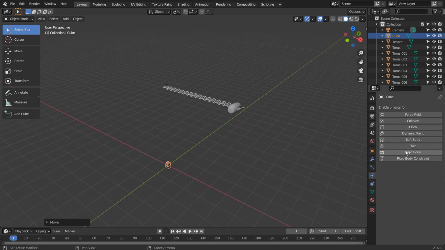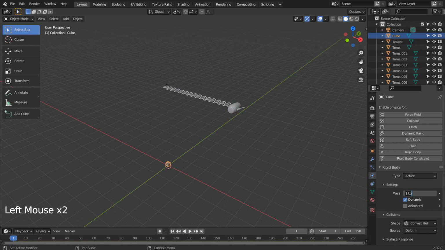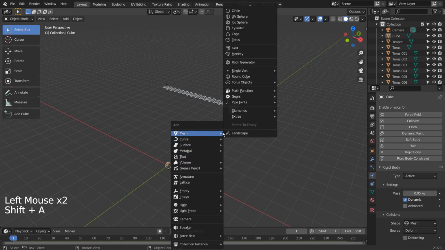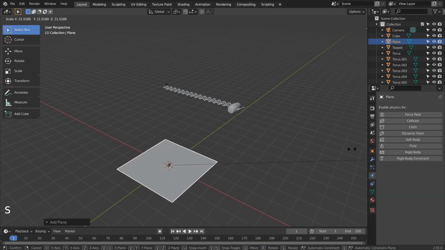I have put mesh for its collision type, but that won't work well. Let's add a ground mesh with a passive rigid body setting.